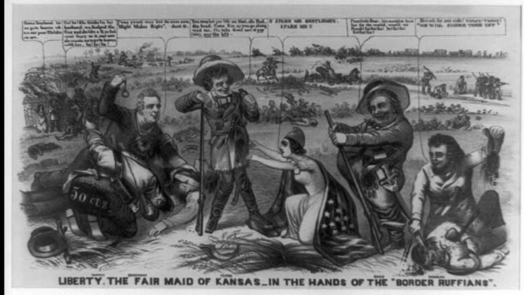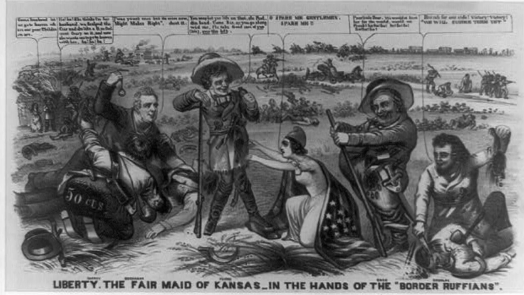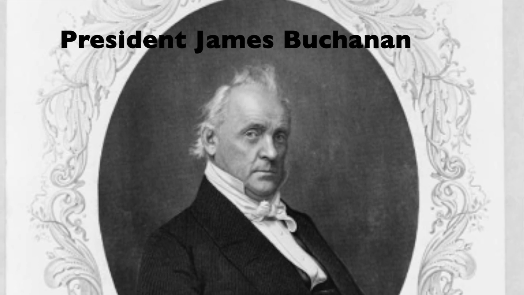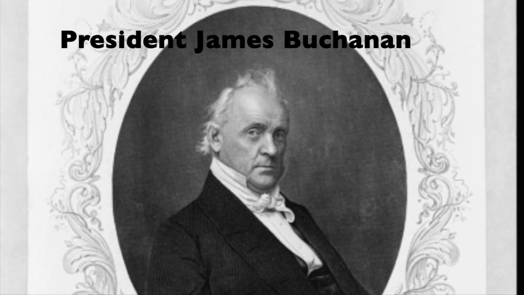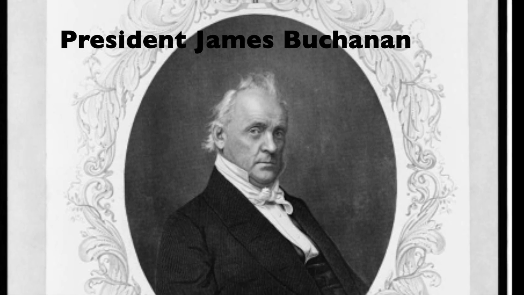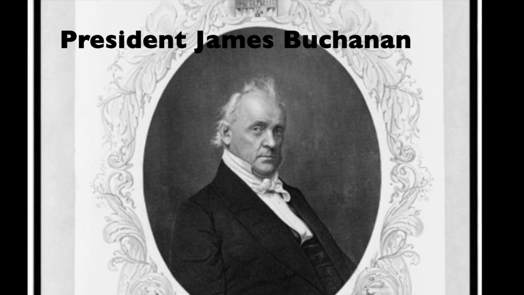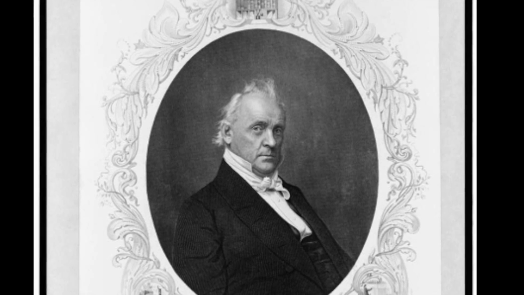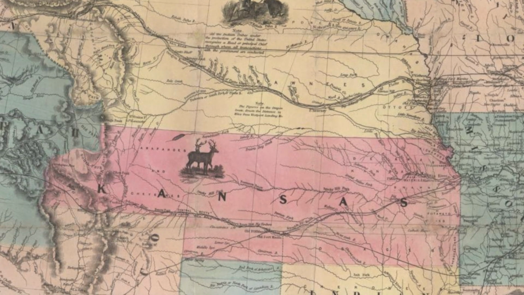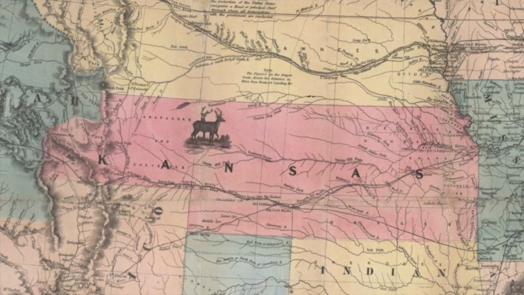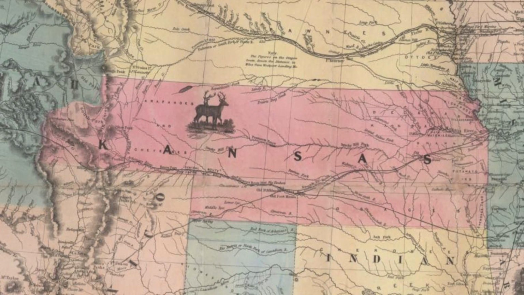It was now up to Congress to decide if this constitution would be adopted. Southern congressmen told President James Buchanan that they would secede if Kansas was made a free state. Buchanan supported the pro-slavery version of the Lecompton Constitution, then encouraged Northern congressmen to approve it, which they did not. Since it failed to pass Congress, the Constitution was sent back to Kansas for a second vote. The Free Staters ended their boycott and the Constitution was rejected.